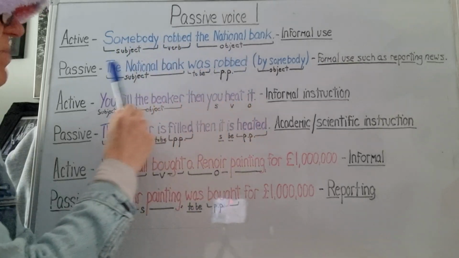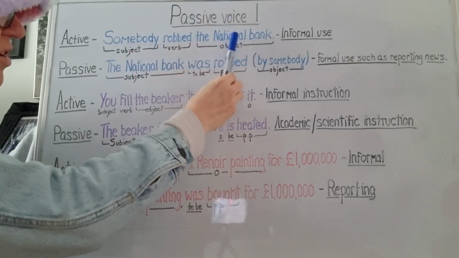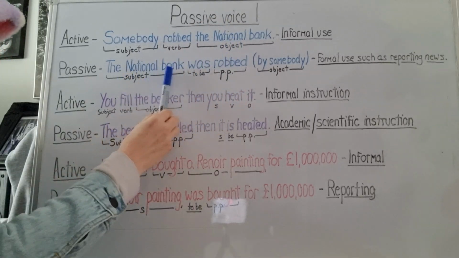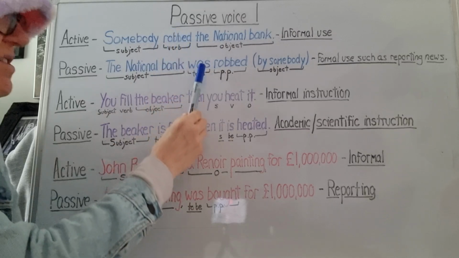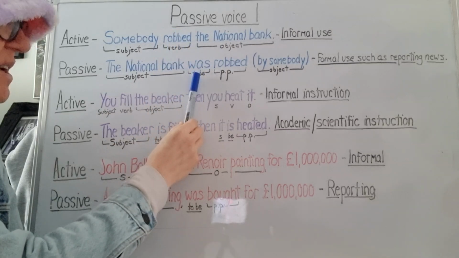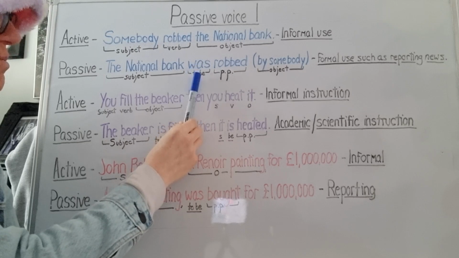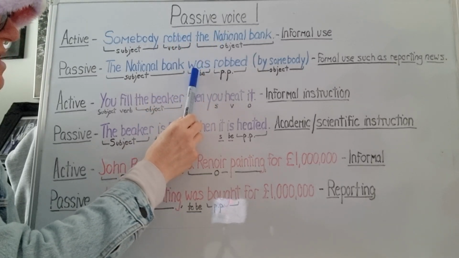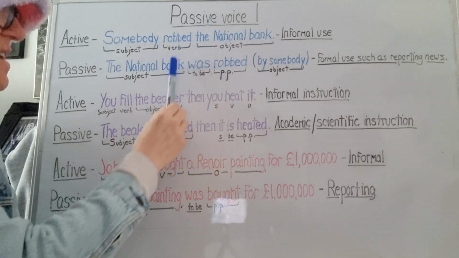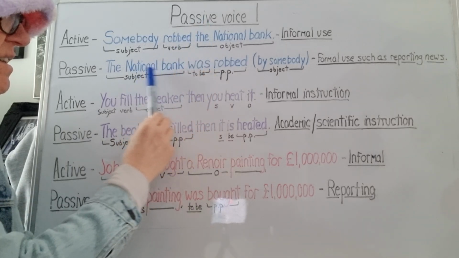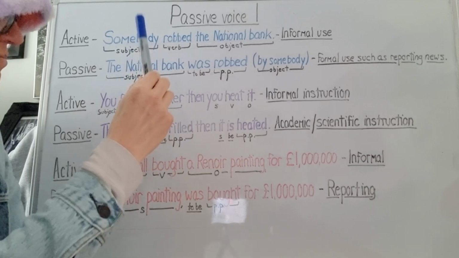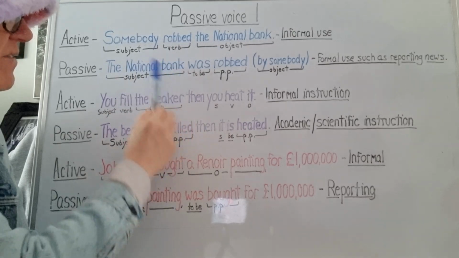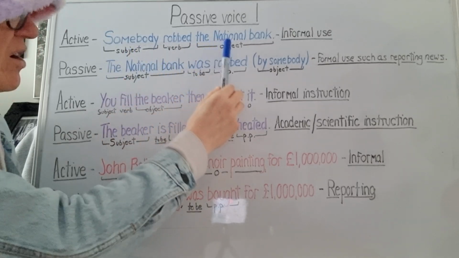So how do we make our passive sentence? We take our object from the active sentence and we make this our subject. And then we must use a form of the verb to be, the correct conjugation of to be. In this case, the sentence is past simple, so we use was. We don't use were because the National Bank is singular. If it were banks, it would be were robbed, but it's one bank, the National Bank was robbed, and we